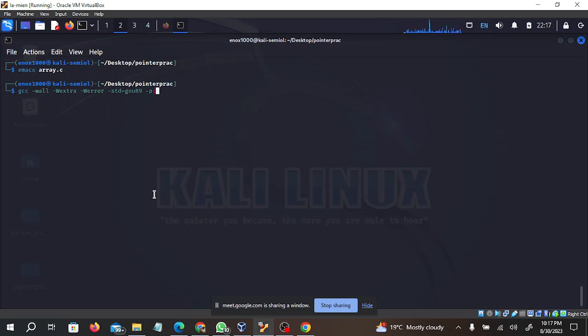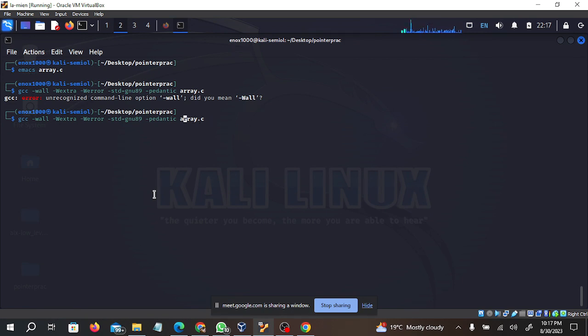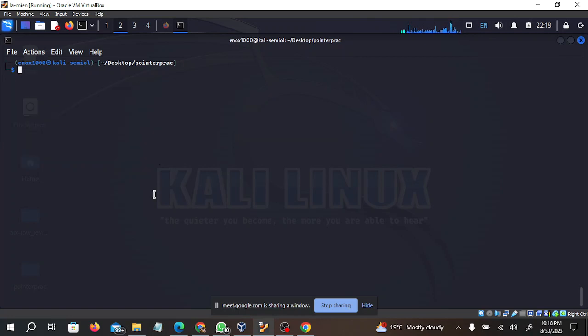Then pedantic, to use ANSI, all warnings. So instead of using the string locator character,